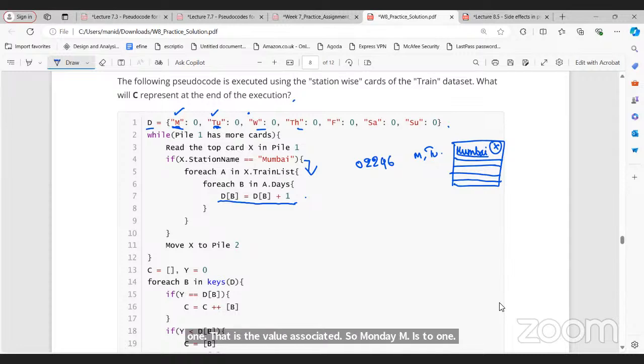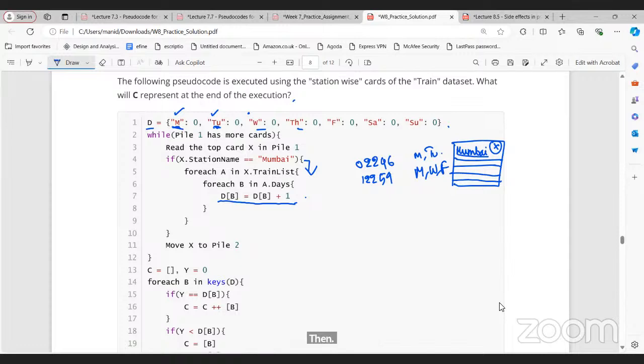It will be. Understood? Again, say if there is one more train 12259, which operates in Mumbai on Monday, Wednesday, and Friday. Ma'am, then in... I wrote the code. Okay, I'll see it just at the end. Okay, starting. See, if there is one more train 12259, it operates in Mumbai on Monday, Wednesday, and Friday. So for that train,